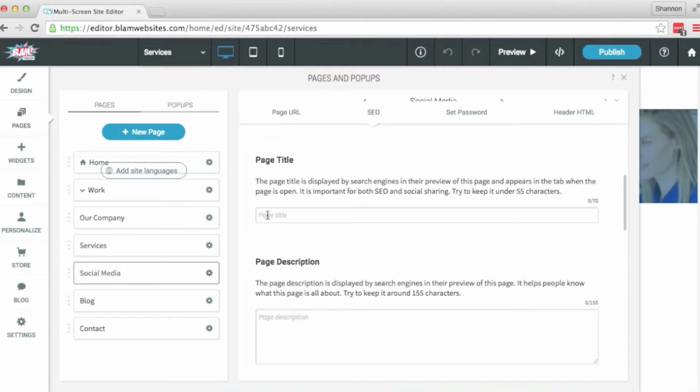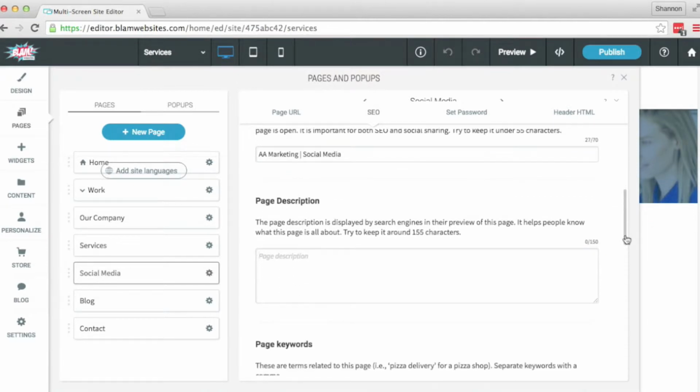Okay, so for this website, for example, we may have AA Marketing. And then I'm just going to pop a little divider in there, and then I'm just going to type in social media, as this is the page that I'm editing the SEO for. You can edit the SEO separately for each page within your website. Okay, so then I'm just going to add a little page description in. So a basic page description might be